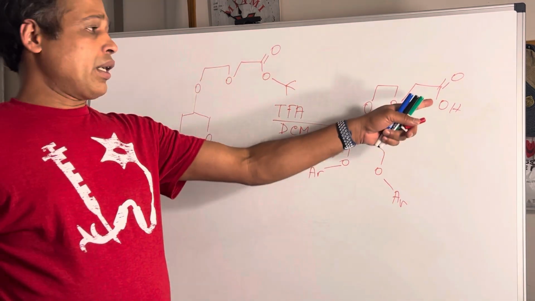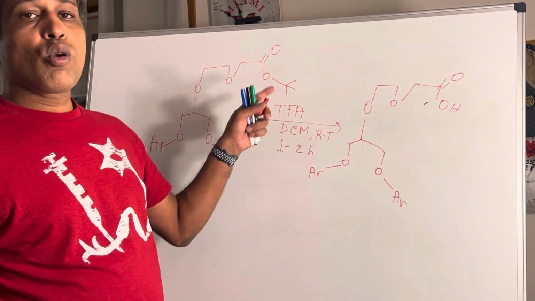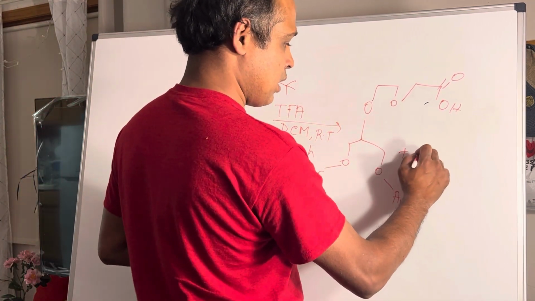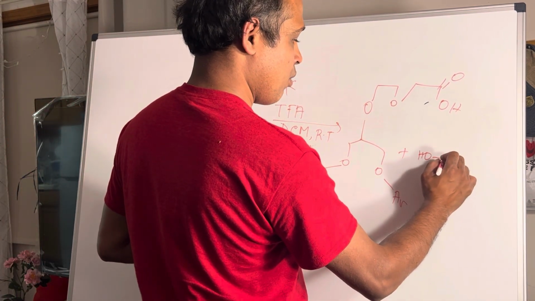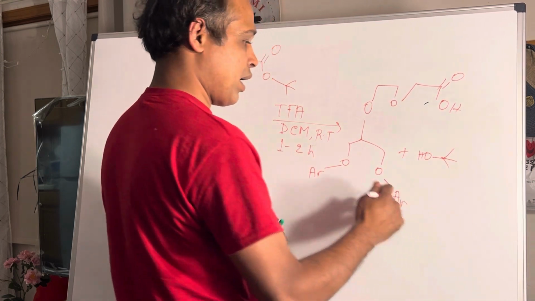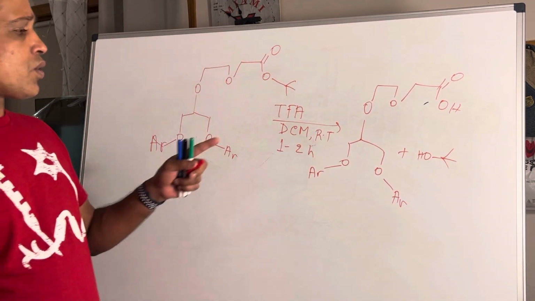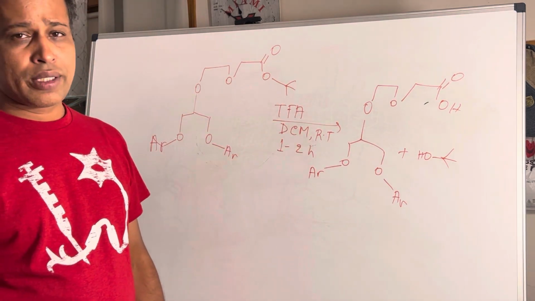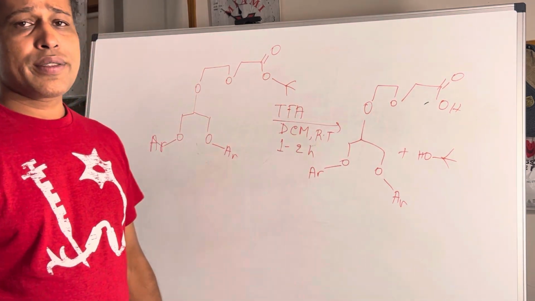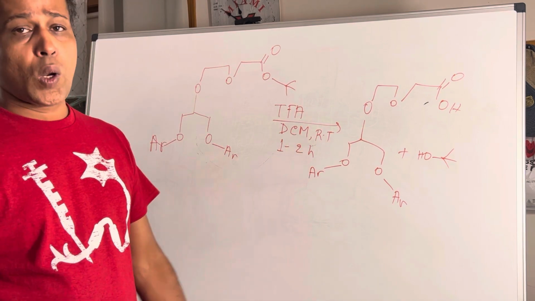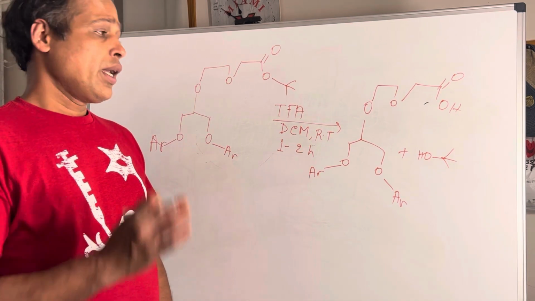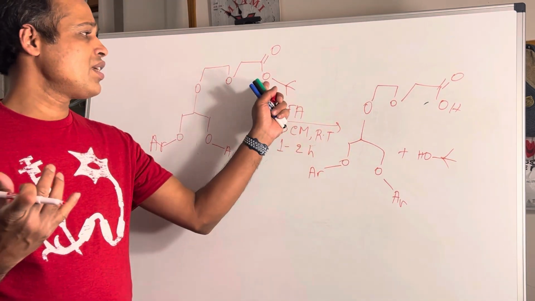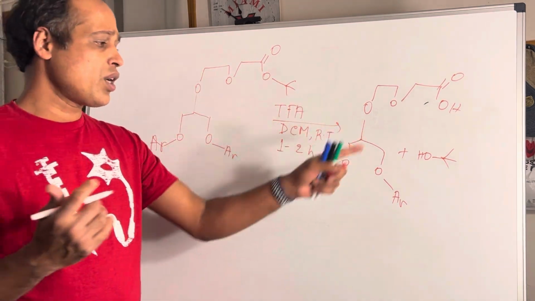Although it formed the carboxylic acid, the t-butyl group formed t-butanol. The t-butanol has a high boiling point, and it is tough to remove. Also, in the presence of TFA, this kind of reaction sometimes gives a little bit of side product, and once you get the carboxylic acid, it is very tough to purify through a column or something. So a good trick to get your 100% pure compound from this ester to carboxylic acid, what you can do,